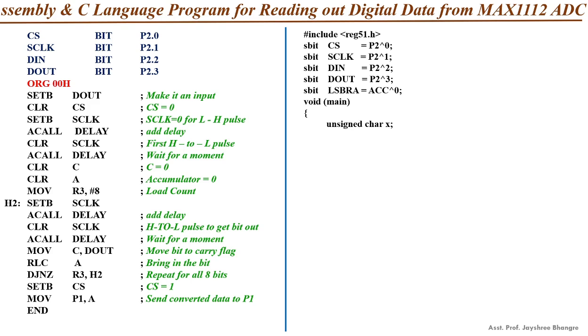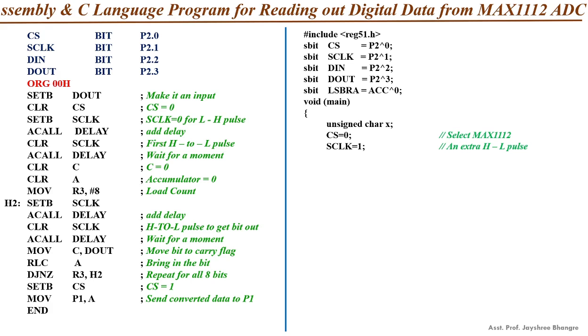Here we have defined the unsigned char X, which is used as a counter. Using the instruction CS equal to 0, we are selecting or activating the ADC chip MAX112. Then this is the extra clock that will be given to